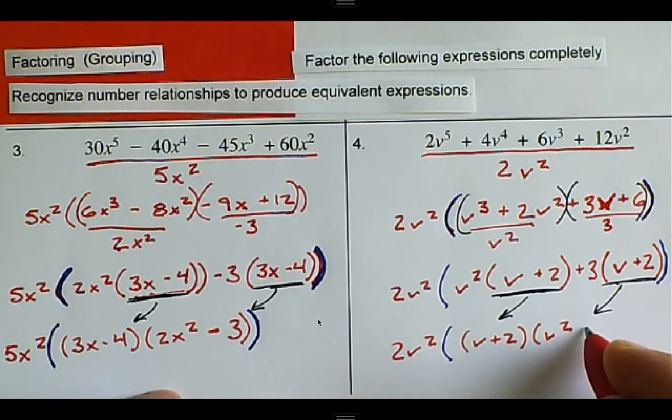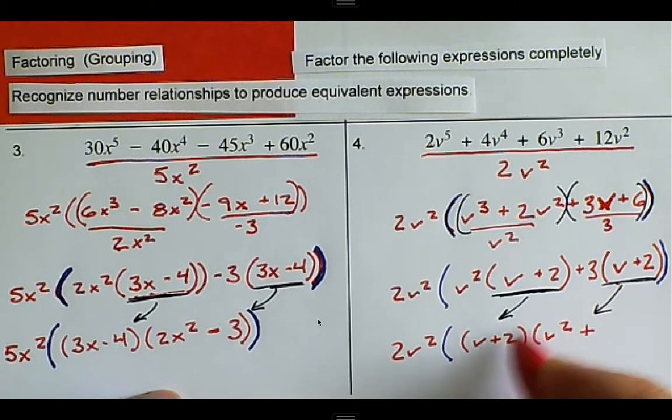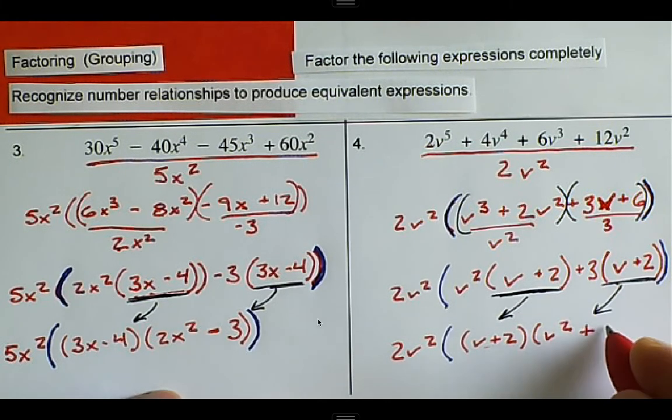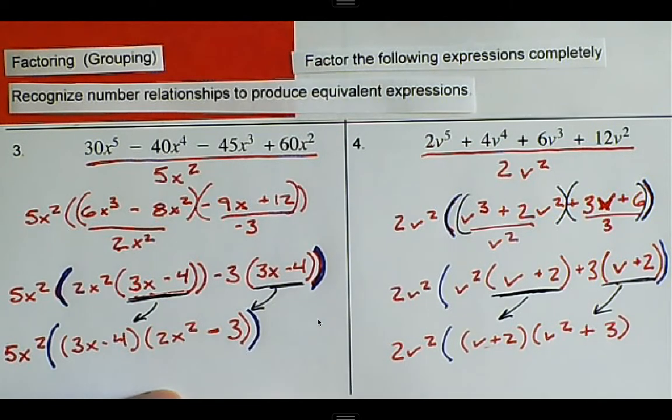Now we come to the plus sign. We factored the v plus 2 out. That's right there. And then we're still left with the 3. And so this is the most factored